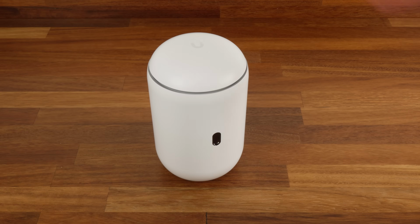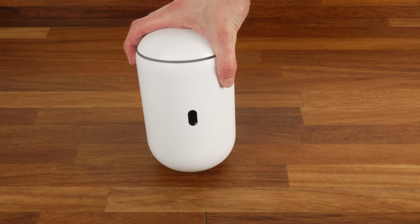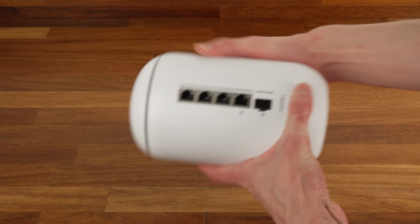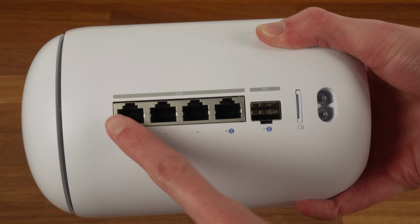Next up in the range, we have the UniFi Dream Router 7, which is of course an upgrade of the original UniFi Dream Router. So of course it has a bit of a different form factor, and the main difference is it has additional connectivity. So you see on the front, we've got a little screen there, ring around the top lights up blue, and if we take a look around the back, we can see we have a lot more connectivity on it. So what we have here is 3 2.5 gig LAN ports,